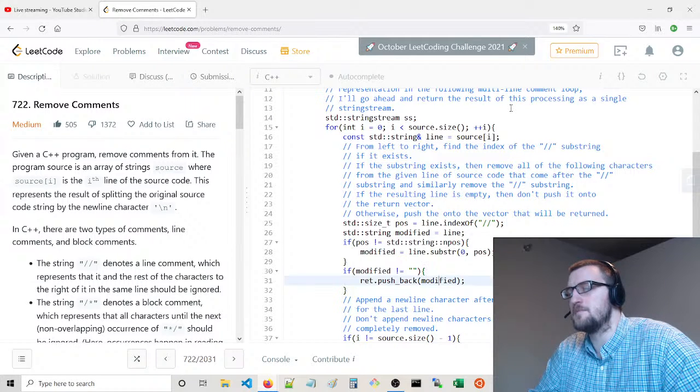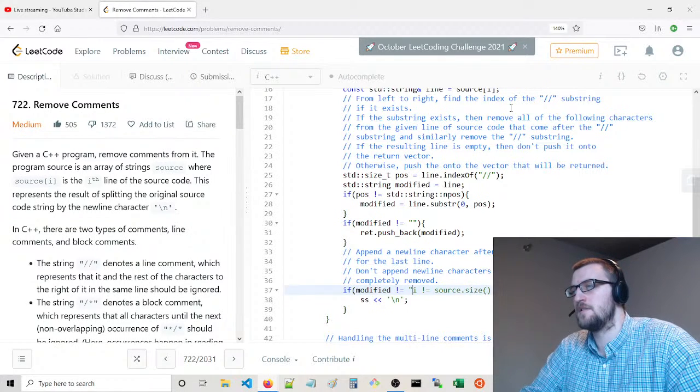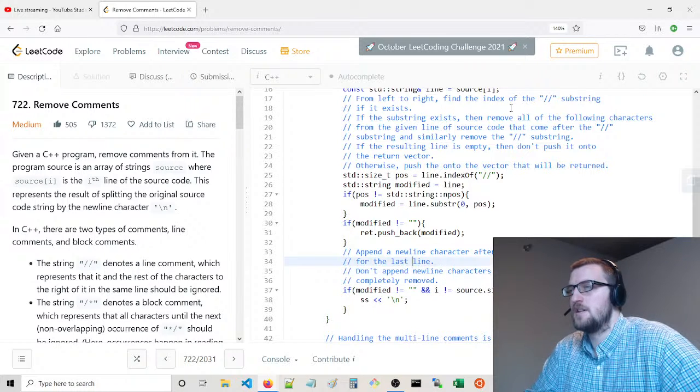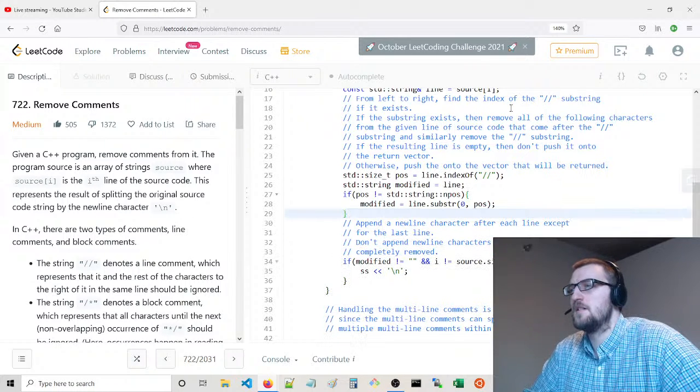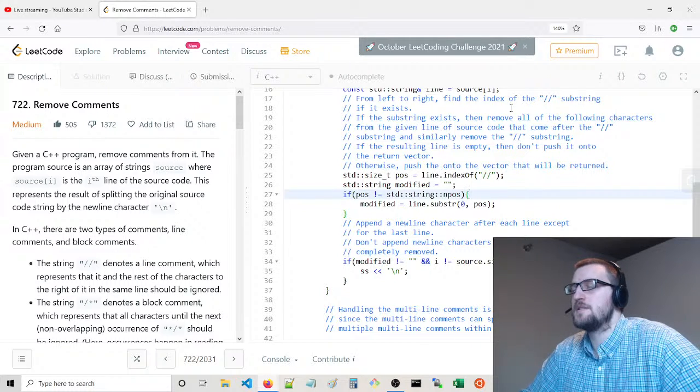So some lines have been completely removed. So say if modified is not equal to the empty string, and we could start off with an empty string. It's a tricky thing though.